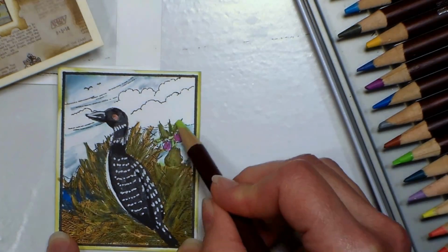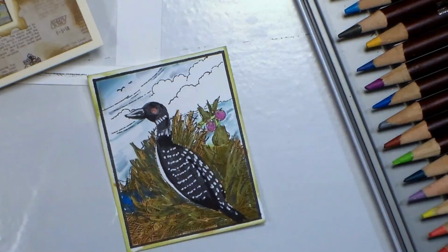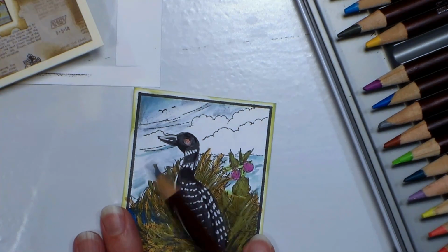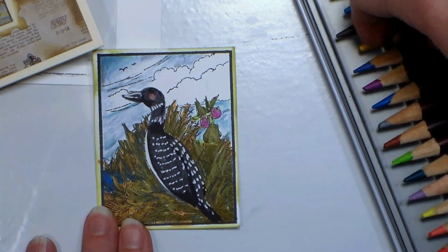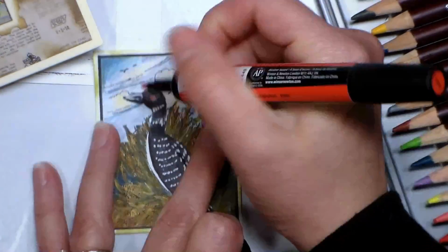Since I had those dark colors in there, just by going with a slightly lighter shade of these colors, I can pull out blades of grass, I can color the red eye on the loon where I put the white gel pen before, and I can smooth out the sky by using a colored pencil. So much easier to work with. And since I had that base of color already, I didn't have to worry about filling in the tooth and doing all that jazz. I trimmed out my image and inked it with some kind of pale green ink